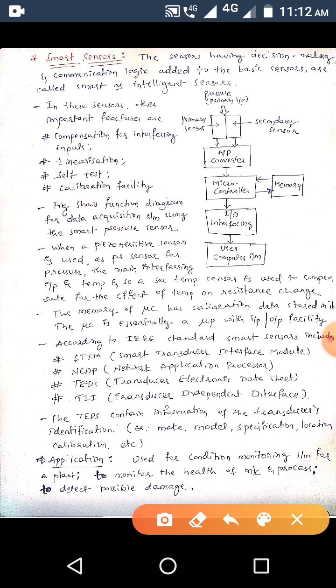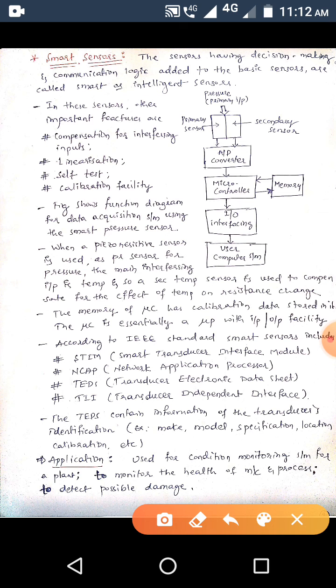Any transducers can be interfaced through this STIM. Okay, so the smart transducer interface module is going to perform the function of signal conditioning. Then it is going to decide the condition of the signal and the signal processing pattern, which pattern we are going to get as output here. That is, recognition of pattern is also going to happen by using the STIM. Also the monitoring of the signal happens by using STIM here.